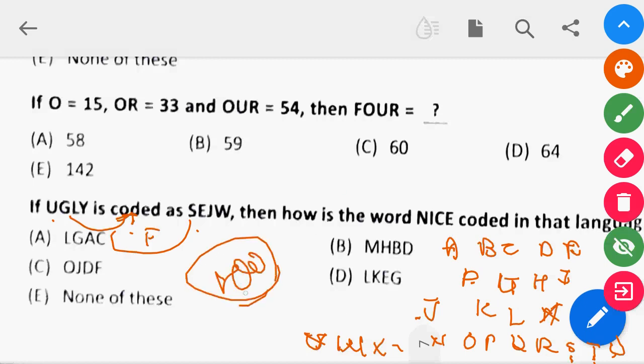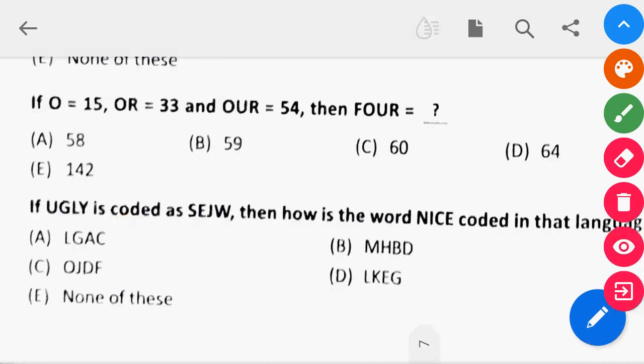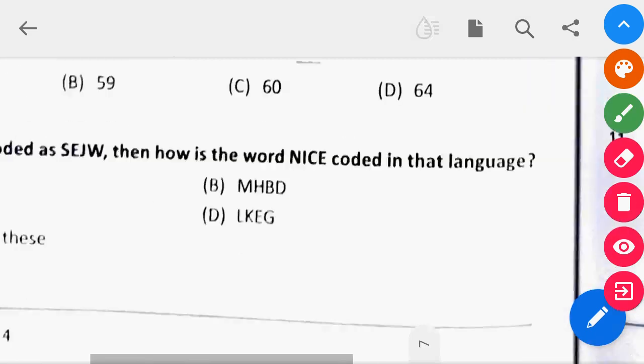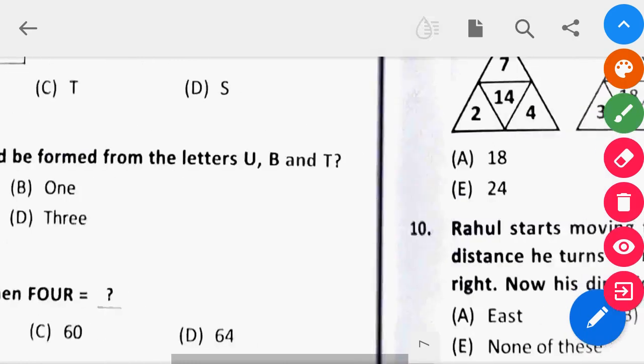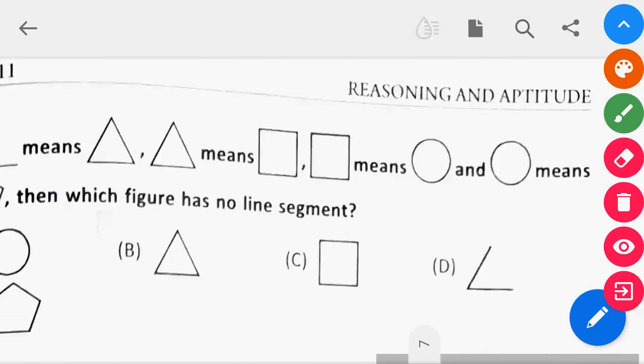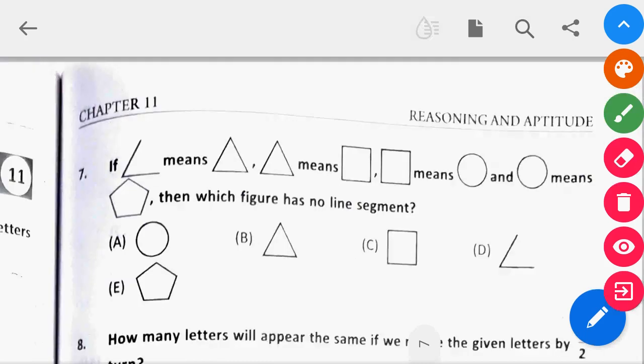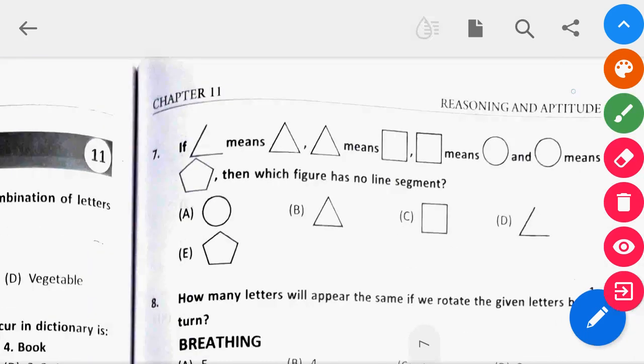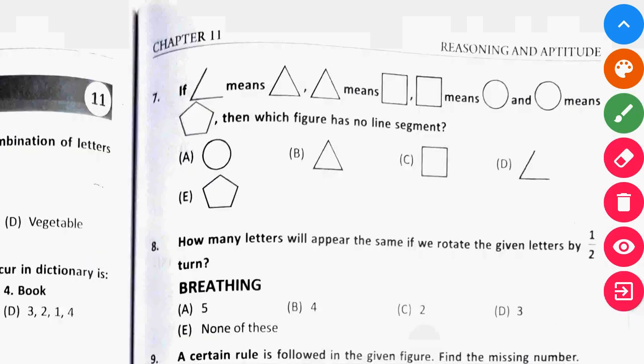So again, this question is for homework. I know the answer, and you also get an idea of the answer because two letters I already told you. But try something on your own. So this one is for homework. Okay. Now the next question